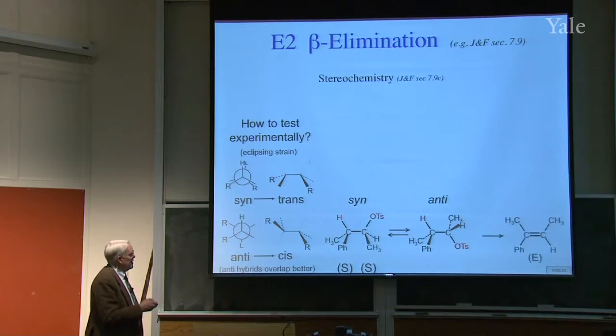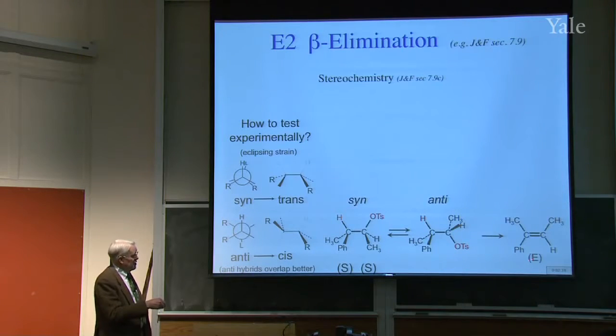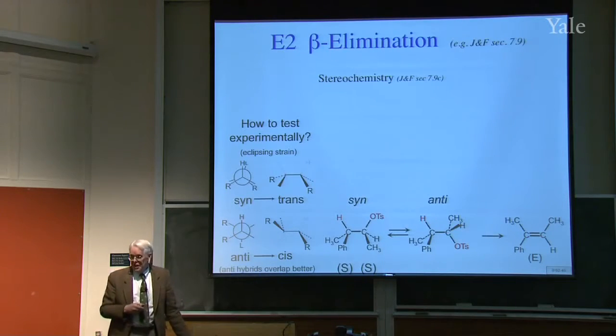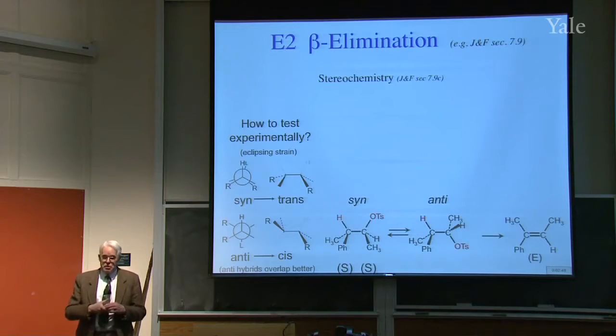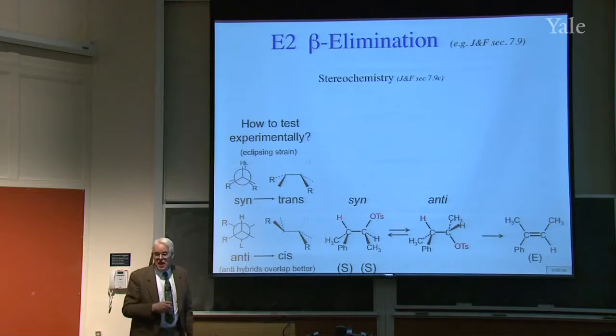So we can look at the product and find that the two methyls are on the same side of the double bond as they are here, both in back, whereas here one's in front and the other is in back, right? So this suggests that the fact that one gets the E isomer of the alkene means that it was the anti form that gave rise to it. So stereochemistry showed that it's anti-elimination in this case. Of course, there could have been another reason for anti-elimination. It could have been that this product is more stable than the one where the phenyl group is near the methyl,